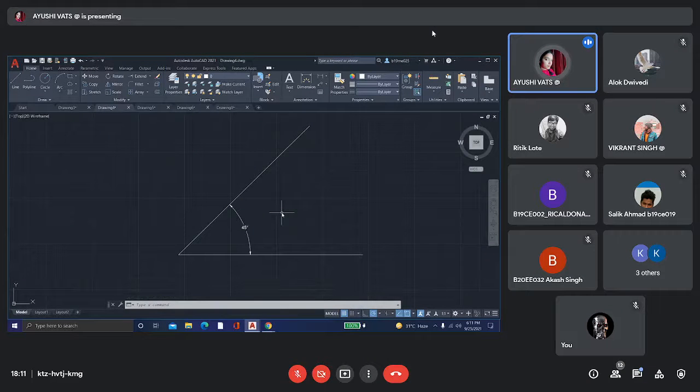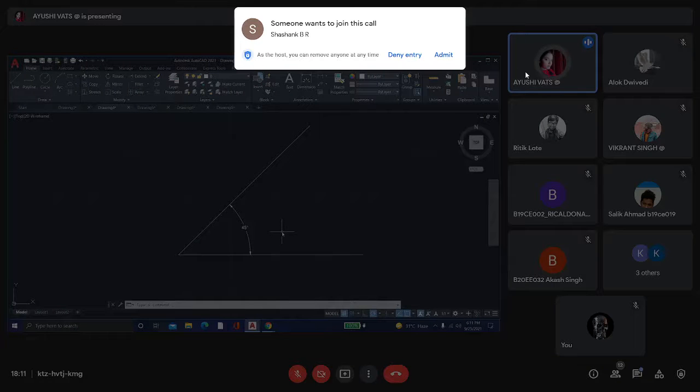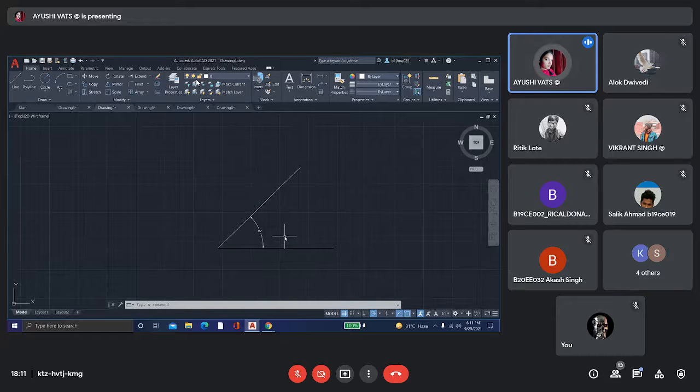It's 45 degrees because the first line is drawn at 15 degrees, then we enter 30 degrees, so it takes the angle of 45 degrees. So it takes the reference line from where we start our drawing. Whichever object we select, it takes the reference from there.